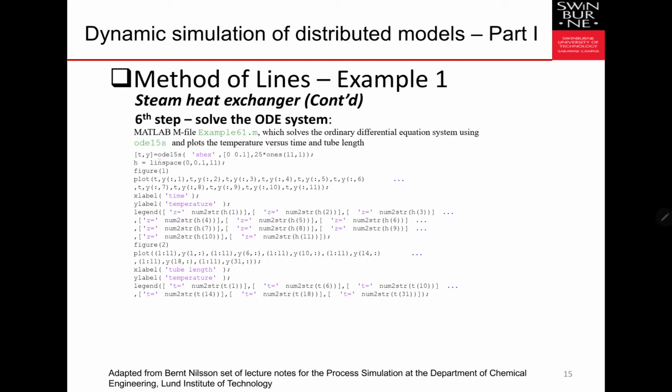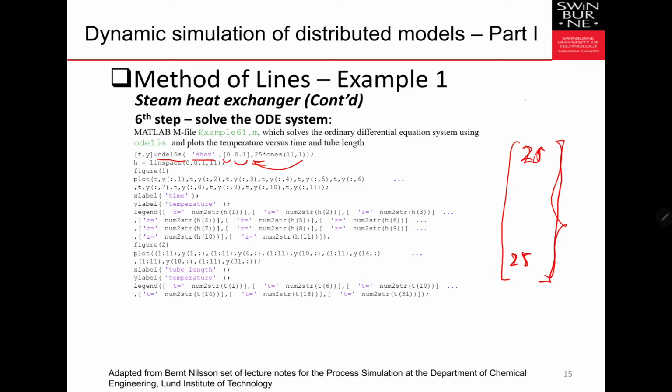Okay, then we will use ODE 15S with this vector of the ODEs, and then we want to solve from 0 to 0.1 in terms of the time, and then the temperature, the initial guess for the temperature. In this case, if we use in here, that will be 25. We approach it as 25. Okay, so we will have 25, 25. Oh sorry, this one's supposed to be this, and then this one is 25, 25.